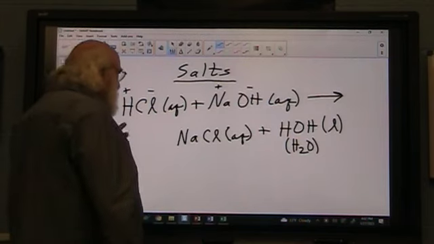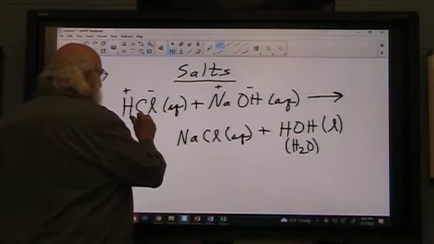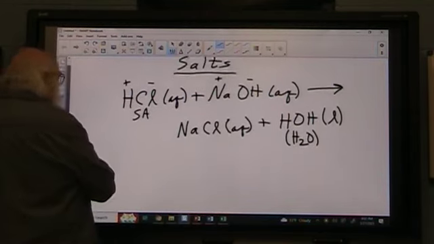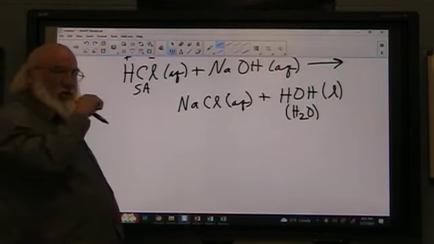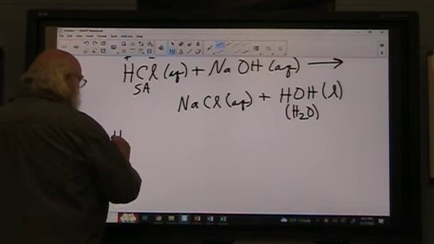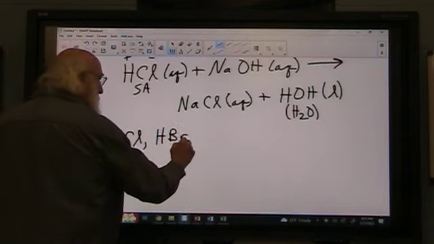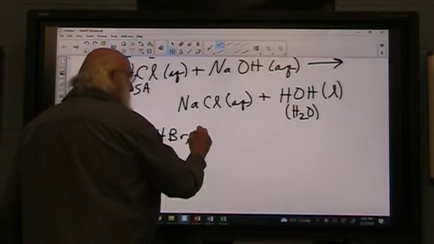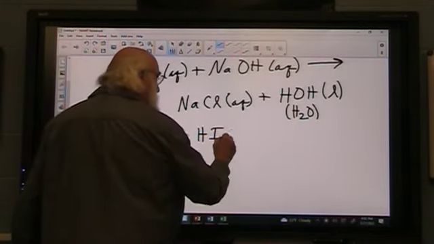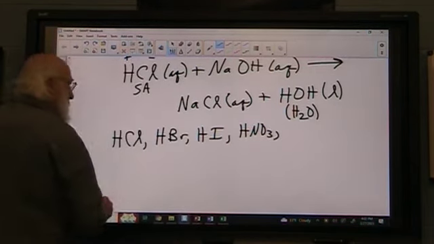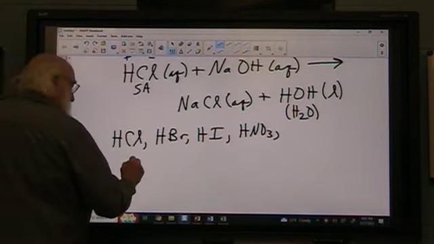Now, so this is a strong acid. How do we know it's a strong acid? I gave you a list of strong acids, so let's revisit those real quick. Hydrochloric acid, hydrobromic acid, hydriodic acid, nitric acid, sulfuric acid,